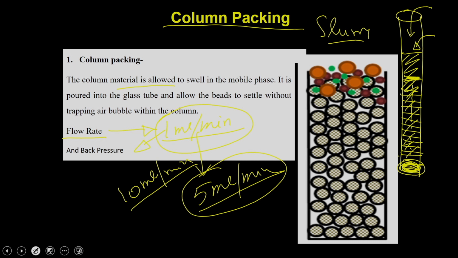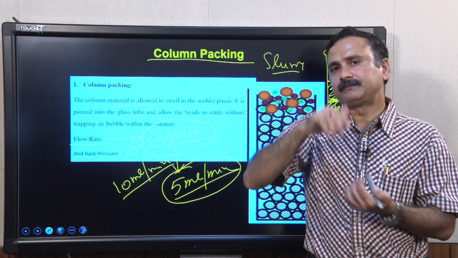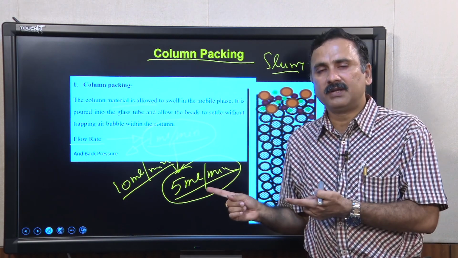This means you are applying a lot of pressure onto this column. So, what will happen? The column is of 25 ml. As soon as you apply a lot of pressure, this column will turn into 22.5 ml, which means 2.5 ml of beads are going to be compressed. Ultimately, what is going to be affected?